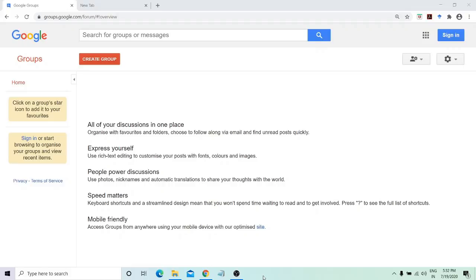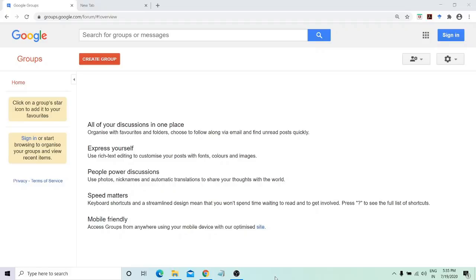So Google Group provides a simple mechanism through which you can create a group of email IDs of all members, and in that case you need to send email to only one email ID, that is the email ID of the group. So let's explore Google Group in detail and its various features.